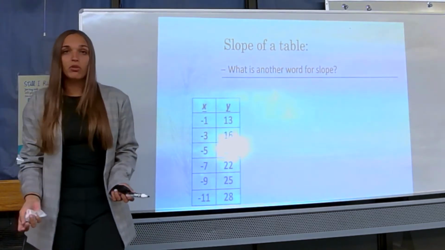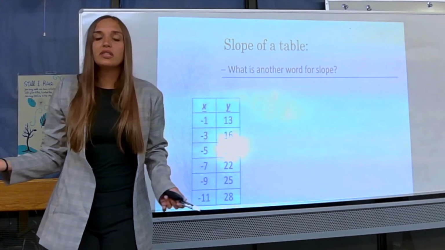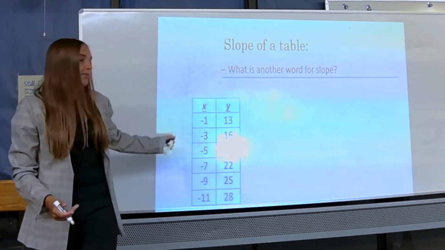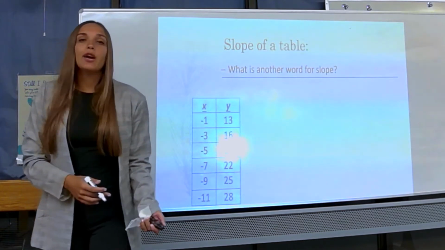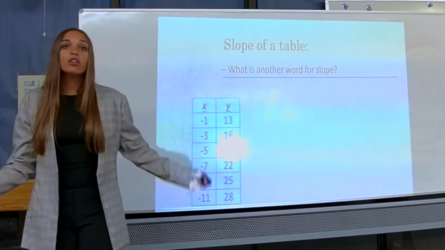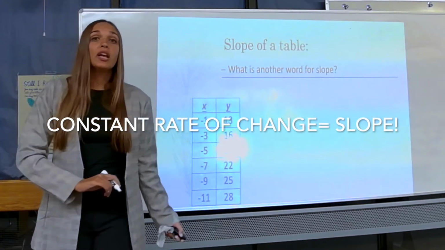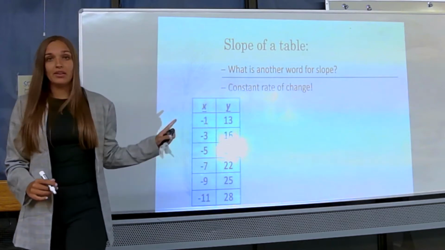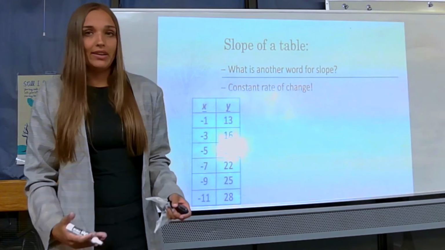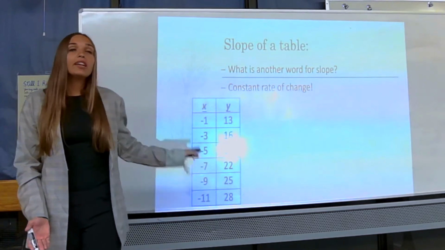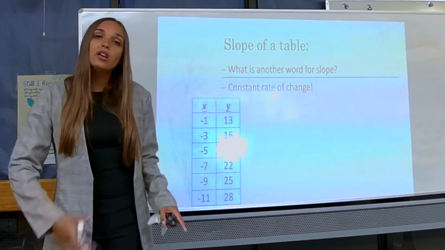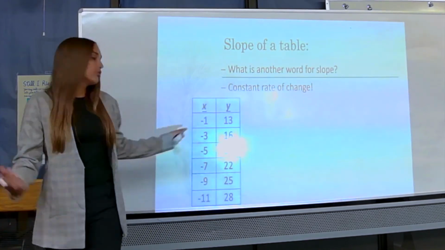So if I gave you a table, we have to think back to where we have seen a table before. We've seen a table before for linearity, and I would give you a table and I would say, is this linear? Is it not? And we would use a special term. We would use the constant rate of change. Well, conveniently enough, the constant rate of change and slope are the same exact thing. The only difference here is the slope is when you definitely have a line, when something's definitely linear. So if I give you a table and I ask you to find the slope, you know this is linear already, so you're just going to give me the constant rate of change, and you only have to check the